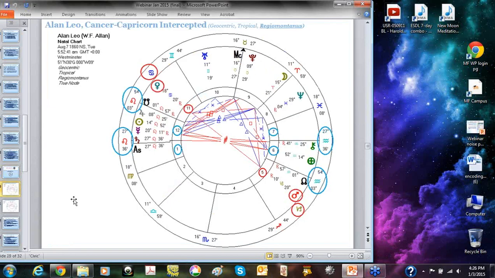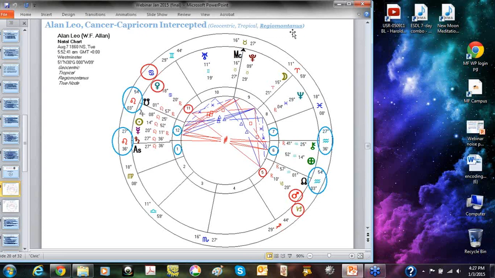Okay, so a little while ago, BL talked about Alan Leo, so we've chosen to work with Alan Leo's chart. Now, we also mentioned that there are different kinds of house systems. Most astrologers work with one of these three. There's Placidus, there's Koch, or Koch as some people say it, K-O-C-H, or there's Regiomontanus, which is what we are using because Michael uses that for those that attend the conference.